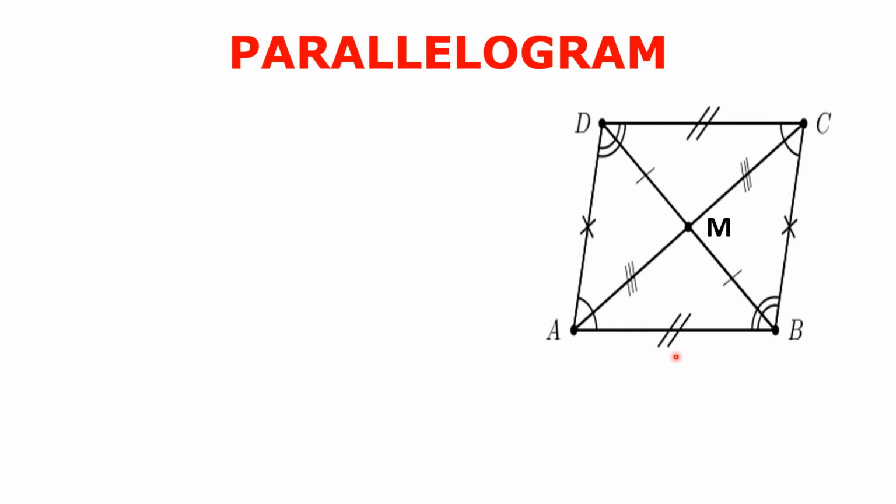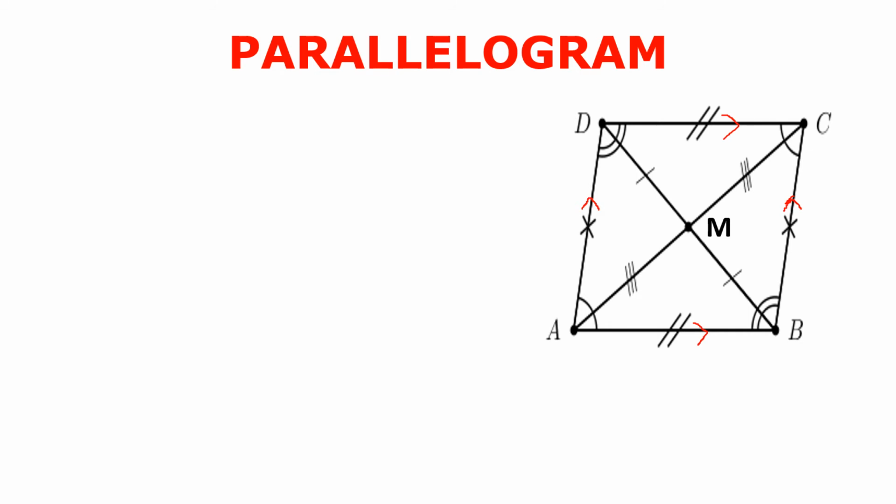For example, side AB will be parallel to side DC and side BC will be parallel to side AD. Okay, so they are parallel sides. So I just mark them with a red sign. I'll put an arrow here. Can you see? This is one and this is one. So these two sides are parallel, and so also these two sides are parallel. Side AD is parallel to side BC. I have shown by arrows.